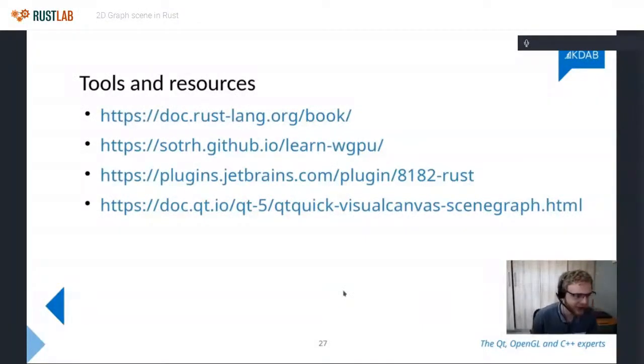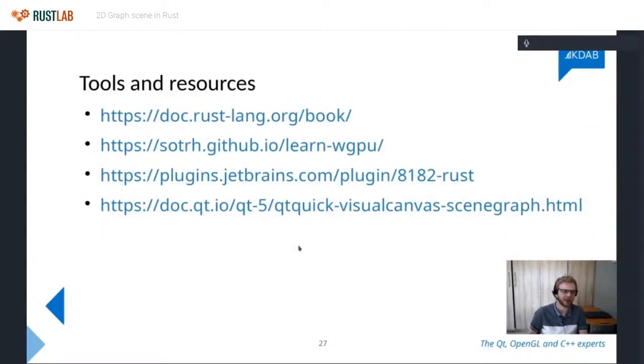So then lastly, I'd like to give a few tools and resources if this is something that you want to start playing with on your own. The first one is really just a link to the Rust book. If you've never worked with Rust before, I really recommend you read the book first, because Rust isn't a language you can just jump into and start programming. It's going to end in tears.